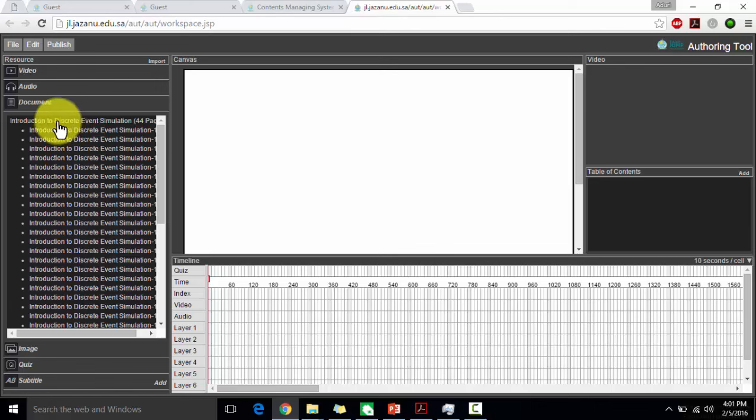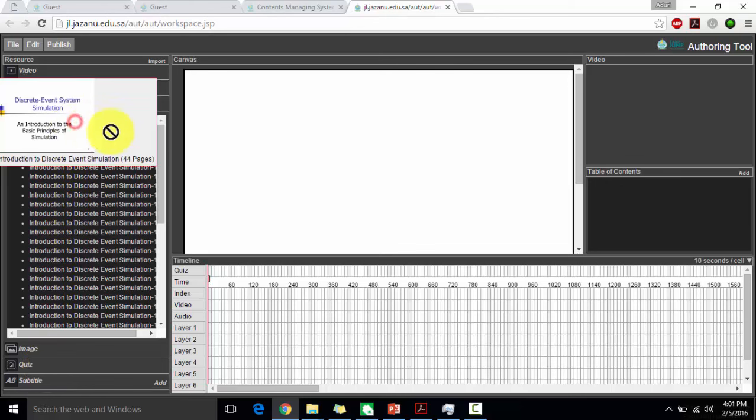So what you need to do right now is these are canvas. Whatever you put on the timeline, you are able to view it. This is like a player. So whatever the videos or audio files or document files, whether it's a doc file or PPT file or PDF file, whatever file you want, you can just put it in the timeline and it will show up on canvas. And you can also do some more additional things such as image, quiz and subtitles.